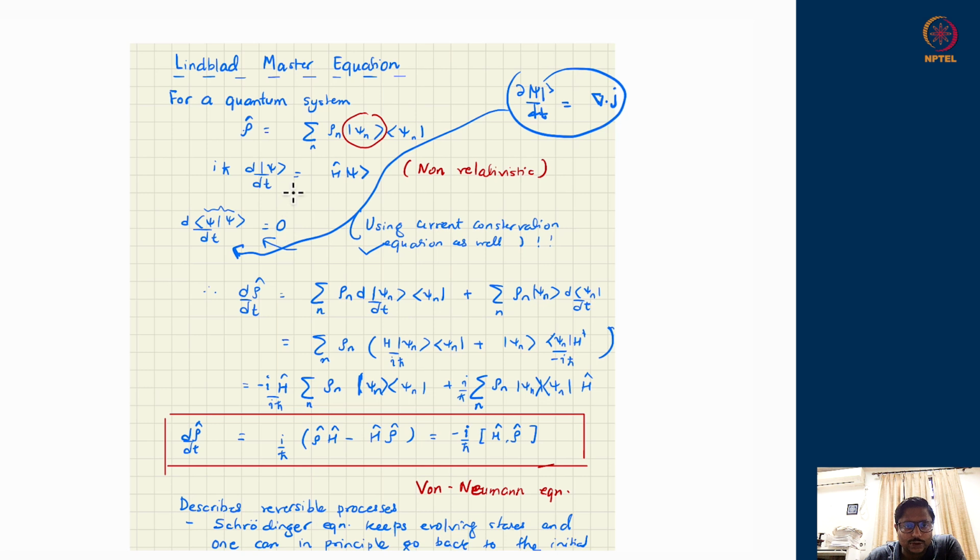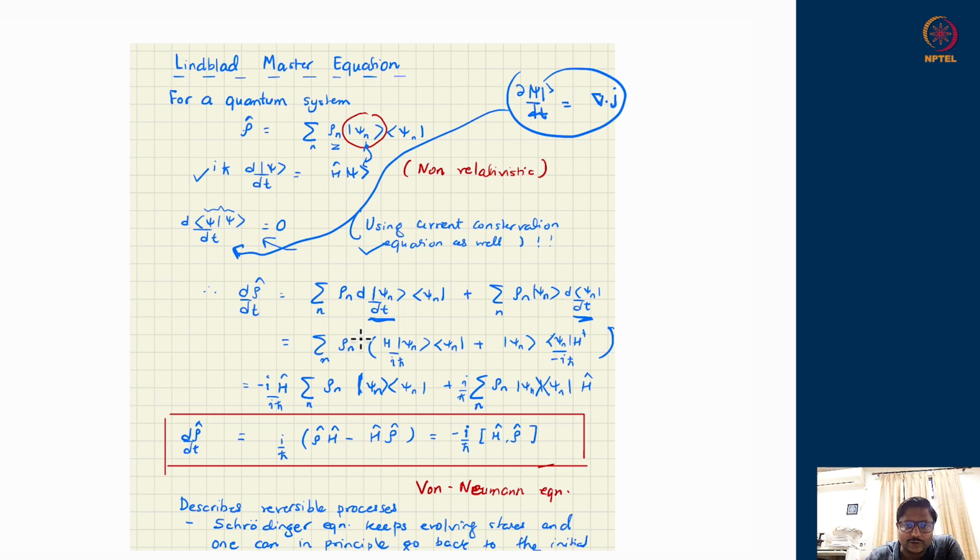Now, if these two equations are true, then the following can be said: that since psi n's are also some of the states which will satisfy this kind of equation, if I take the temporal derivative of the density matrix d rho upon dt, it will hit the terms one by one. These quantities pn's or rho n's are supposed to be independent of time. So the time derivative will hit the ket and the bra of the psi n's. So first I will hit the ket, and then in the second term I will hit the bra of the psi n's. And use the Schrodinger equation version, that iota h bar times d psi upon dt is Hamiltonian acting